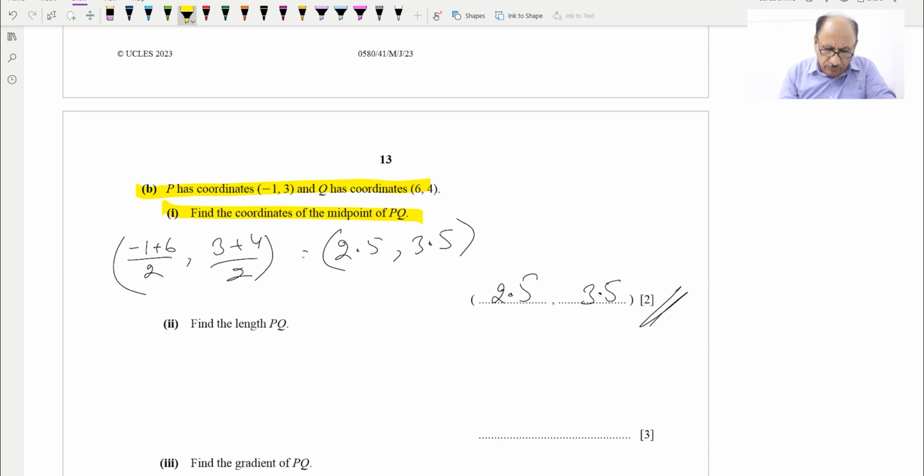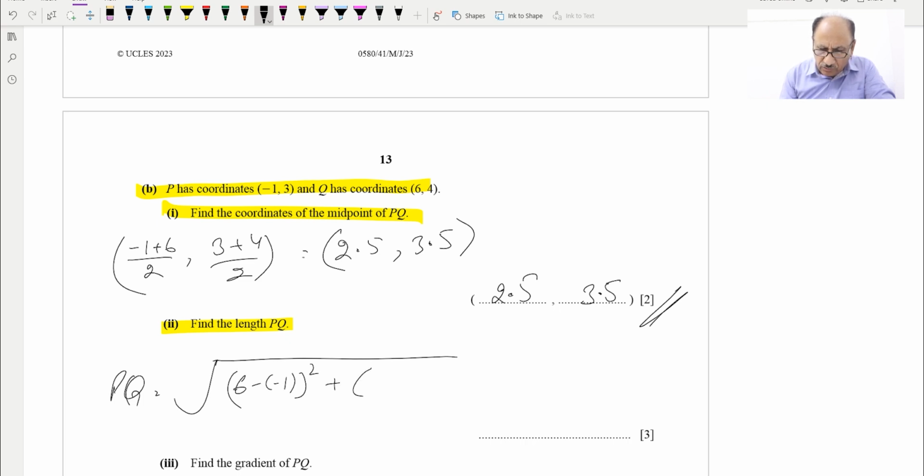Now the second part, find the length of PQ. So we need to apply the length formula. We can write it over here. PQ will be equal to the square root of x2 minus x1, so 6 minus minus 1 squared, plus y2 minus y1 squared, so 4 minus 3 squared, and this will be equal to